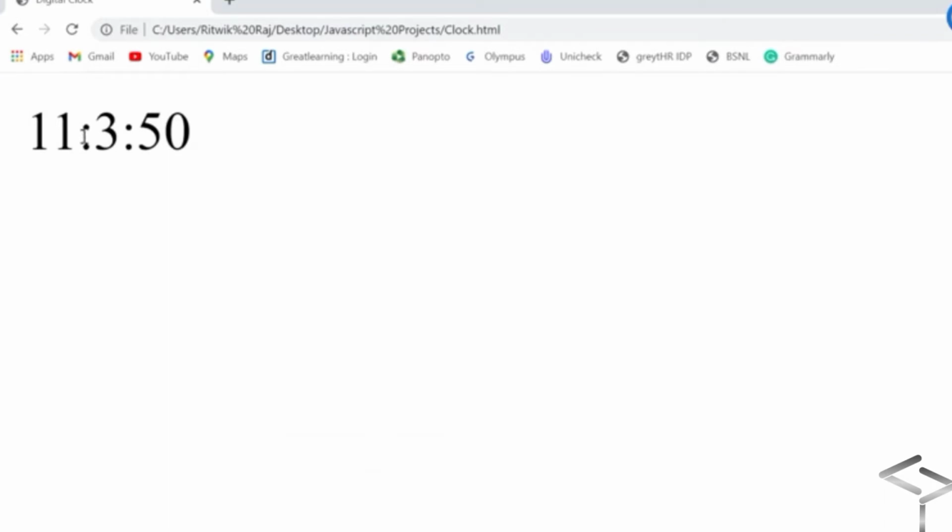Also, if you see here, it is not showing whether it is AM or PM, right? We are not sure whether it is 11 PM or 11 AM. Is it a 24-hour format or a 12-hour format? We are not able to understand it, right? So what we'll do is,